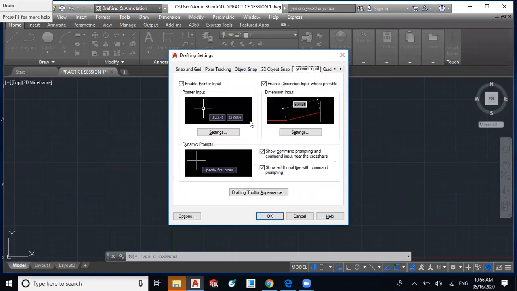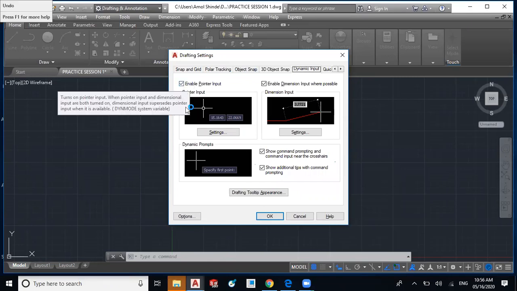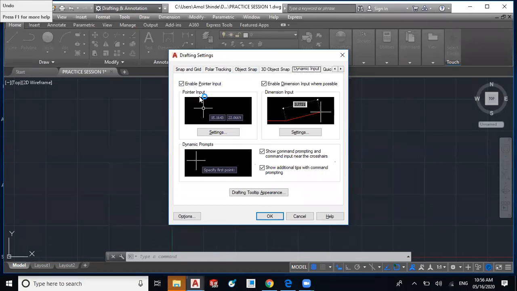Then dynamic input, the very important part is dynamic input. Whatever AutoCAD instructs us is because of this dynamic input. We saw it in the limits command: when we used limits, it showed that you have to specify the lower left corner and upper right corner.